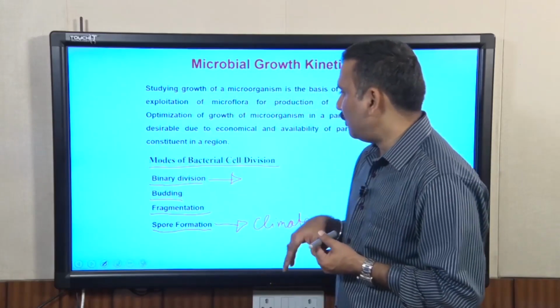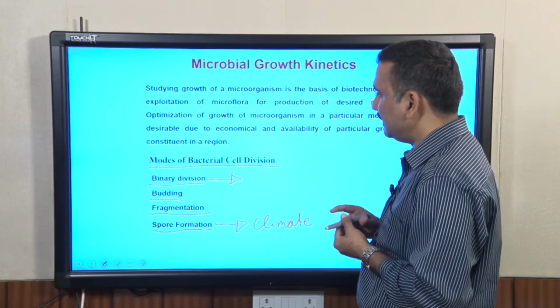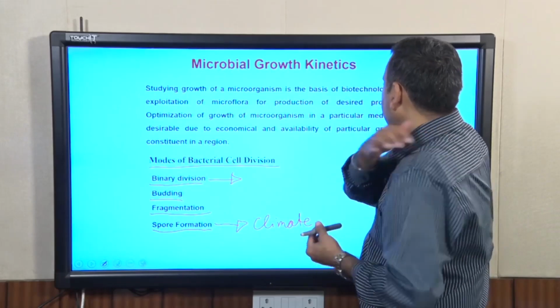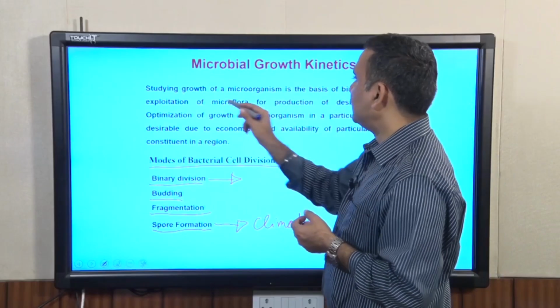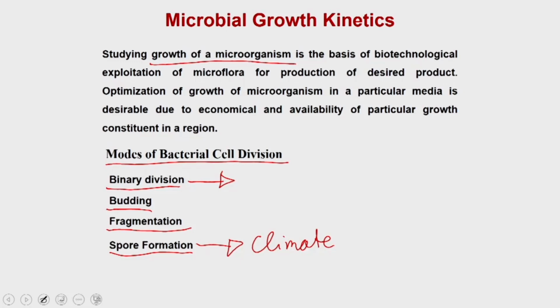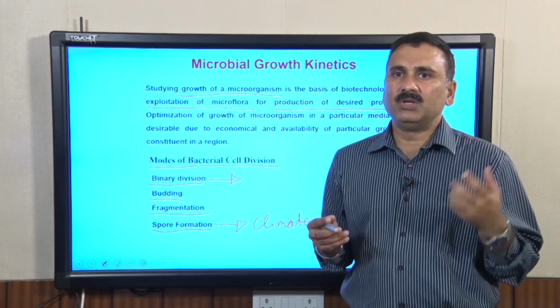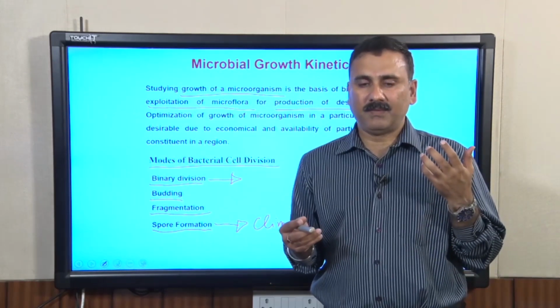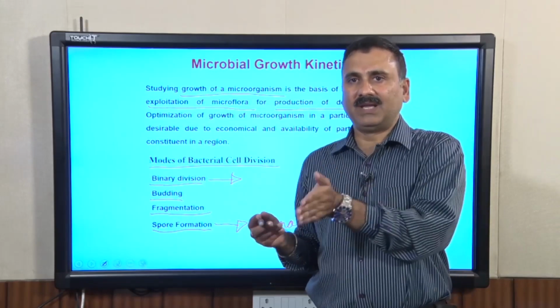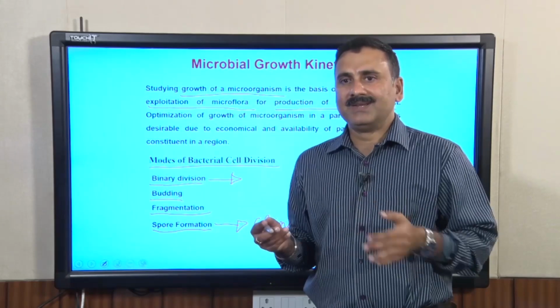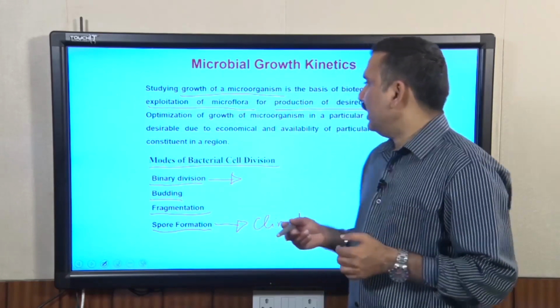So, let us discuss how these different cell divisions occur in the bacterial cell, but before that, as we discussed, studying the growth of a microorganism is important because it allows you to exploit the microflora for the production of the desired product. As we discussed, there are bacteria which produce their products only when they attain a particular phase of their life cycle, or a particular stage in their developmental stage. Similarly,